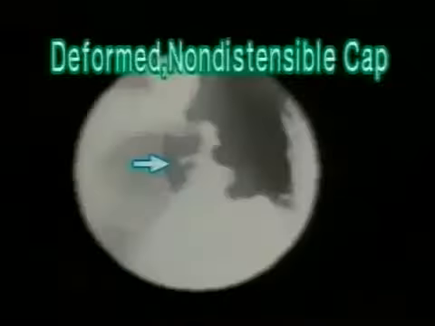Now this is a comparison showing a posterior wall ulcer and an anterior wall ulcer in lateral view. The anterior wall ulcer is on the left and the posterior wall ulcer is to the right, in the right oblique and lateral views. Now this is an advanced stage of the disease where the duodenal cap is deformed and non-distensible.